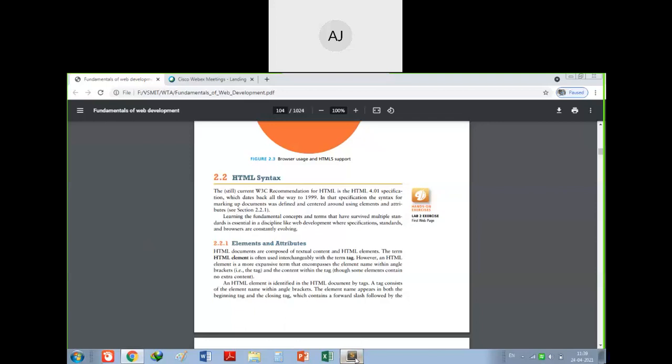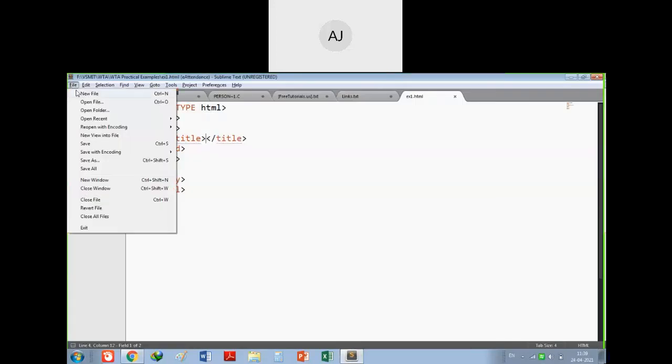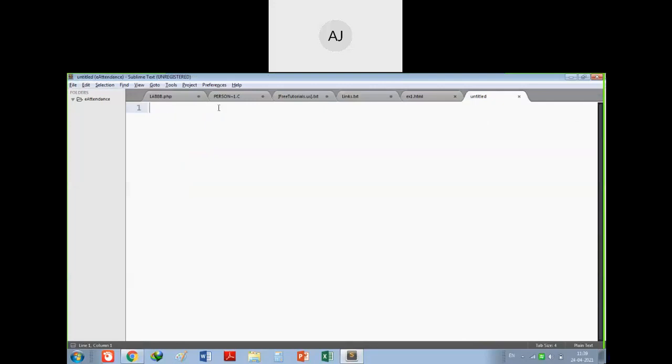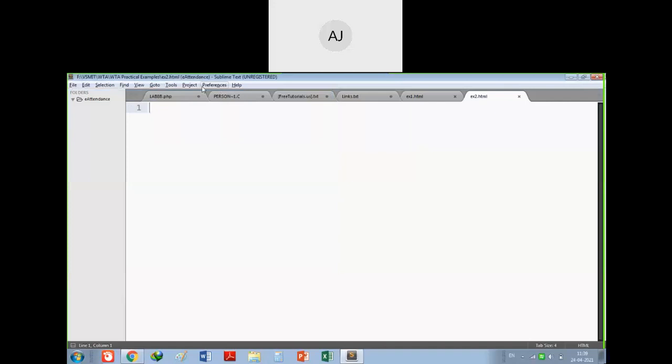Okay, so we have this Sublime Text as editor. I have downloaded it, so you can get it, which will run your program. So I will write here one small program. First of all, I will save this program with example2.html. Okay, then once you save, just open the angle bracket and type HTML. So all the ready-made code will be available here. Okay, so what this DOCTYPE and all is, we will see in detail in today's class.